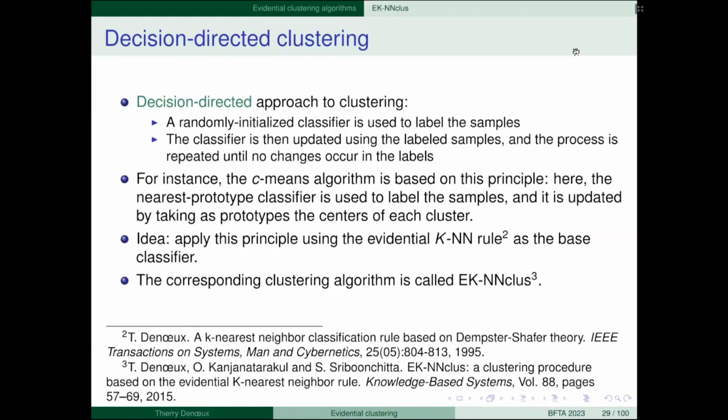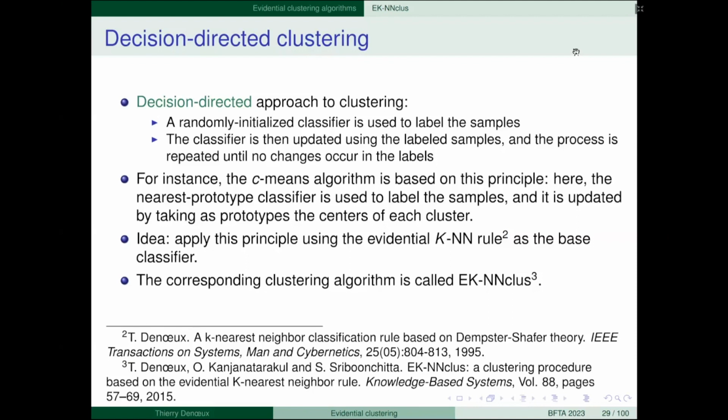First you initialize the prototypes in any way, then you classify each object according to the nearest prototype, and then you recompute the prototypes as the center of mass of each cluster, and you iterate, and you can show that it converges to a stable partition. Here we are going to use the same principle with a classifier based on belief functions, which is called the evidential EK-NNclus.